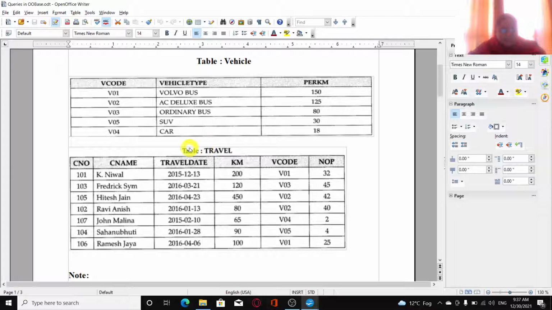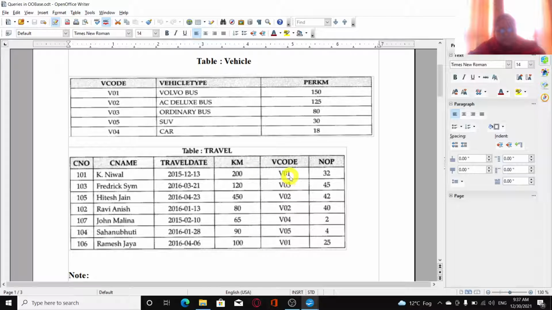In the travel table, you can identify the vehicles by this field, that is V code. If you check the vehicle table, you can see V code and the various vehicle types: V01 is a Volvo bus, V02 is an AC deluxe bus, and so on. So we just have to figure out how many times one vehicle was used to travel.